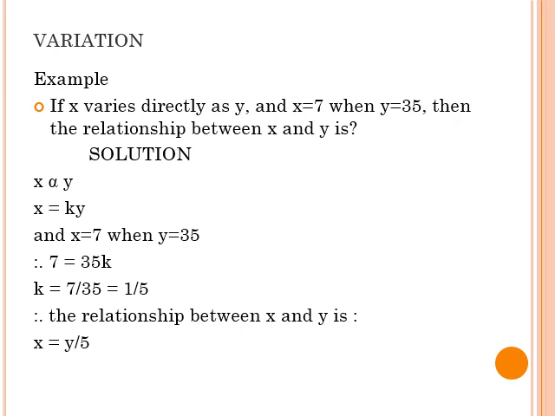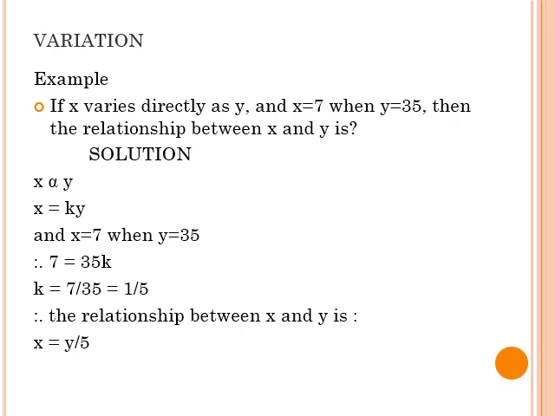We will substitute these values into our equation here. So we'll have 7, which is x, is equal to 35k. 35 is our y. So we'll find the value of k. We'll divide both sides by 35. So we have k is equal to